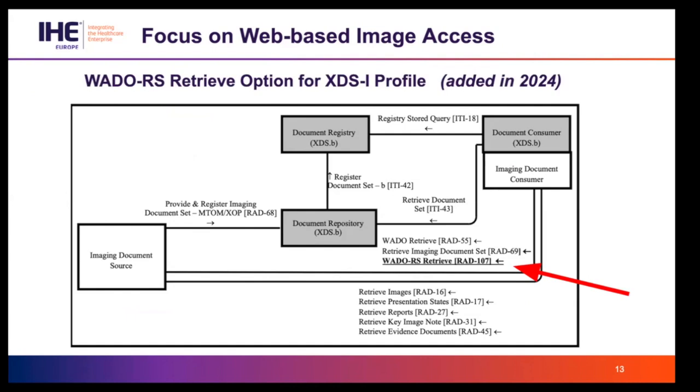One is extending the XDS-I profile by adding the WADO-RS RESTful service transaction to that profile, allowing the retrieval of images to be done not only through the older technologies and older web service definitions, but also using DICOMweb, also adding additional capabilities to retrieve not only images, but also just image metadata or bulk data